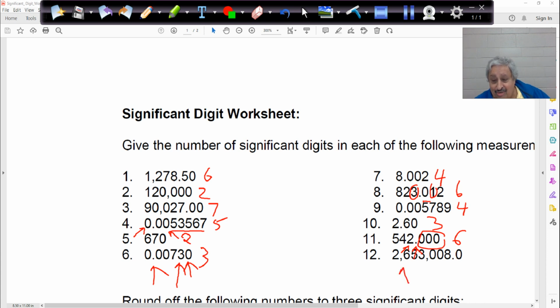So how about the last one? We have 2 commas. Comma here and comma here. That will tell me that I have millions. Commas have nothing to do with the sig figs. You can take them out. I put the commas just to help me see the amount of the value. This is millions, correct? That's 2,635,008. So how many sig figs do we have? 4, 5, 6, 7, 8. Why is it 8? Why is the 0 significant? Same thing. The decimal is present, and the number 8 is present. So I think by far we did very well. So let's do now